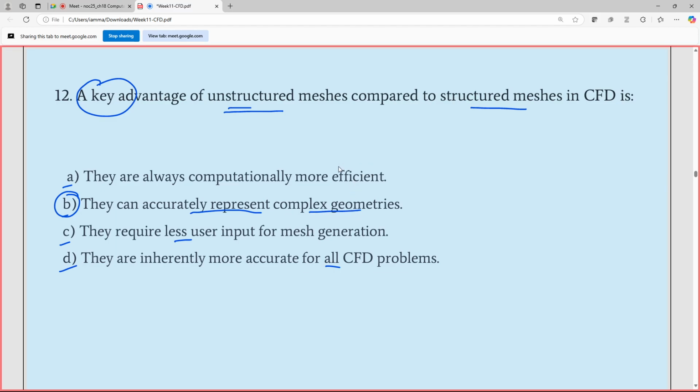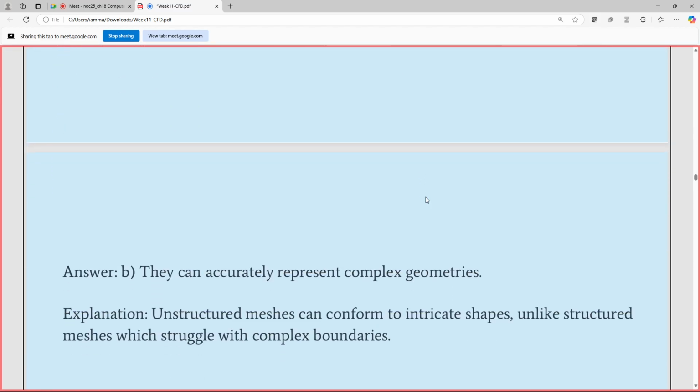If we are to use structured meshes for complex geometries with irregular boundaries, then it will be much more computationally difficult to create such geometries. So in those conditions, the best method is to go for unstructured meshes. So our answer is option B, that unstructured meshes can accurately represent complex geometries,